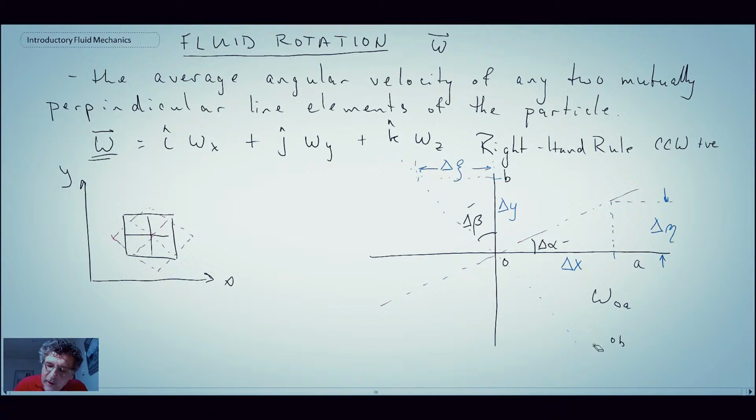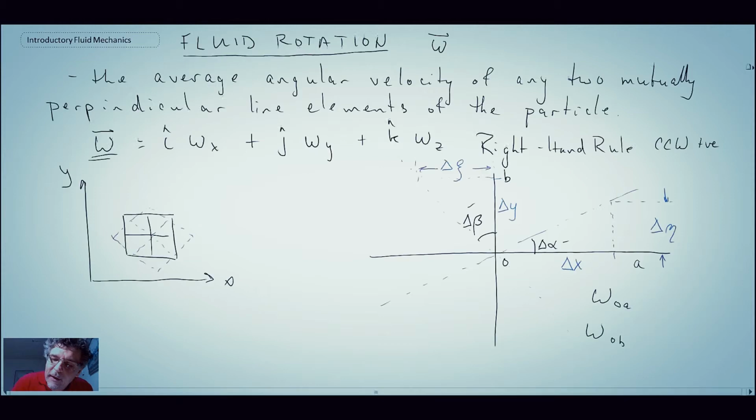That's not a very good omega. Let me erase that. We're going to take these one at a time, and then we're going to average those together, because that's what we said. It's the average angular velocity of any two mutually perpendicular lines. So let's go through and look at this, and we'll come up with the equations that describe the rotational rate